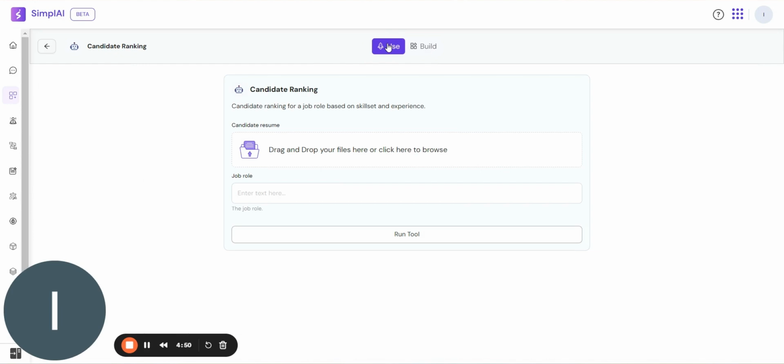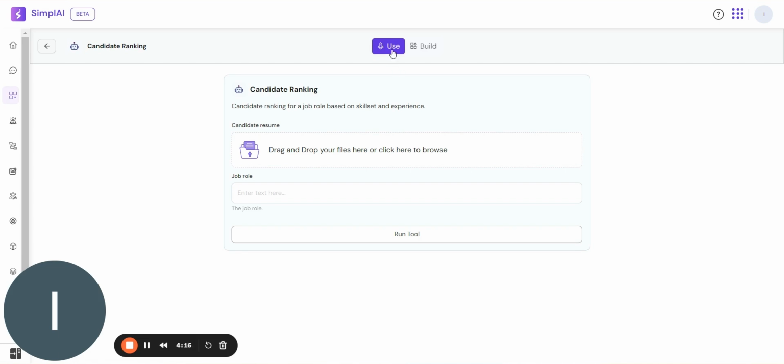Today I am going to take you through the tool that we have built on Simple AI, and that is candidate ranking. This tool is designed to give a scorecard to the resume, showing whether the resume is perfect for the job role or not. We will see that at the end the output gives a particular kind of scorecard which we can compare with other candidates' rankings, and at the end the recruiter can easily select that this person is perfect for the job role by looking at the score given with the candidate's resume.